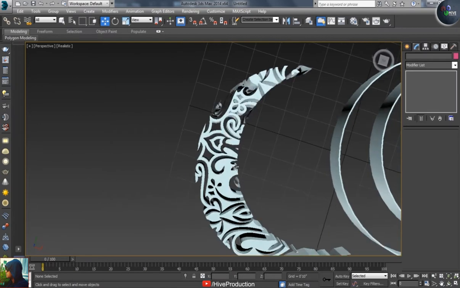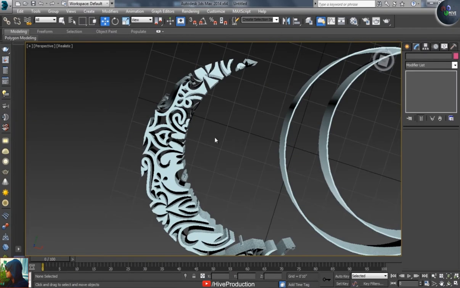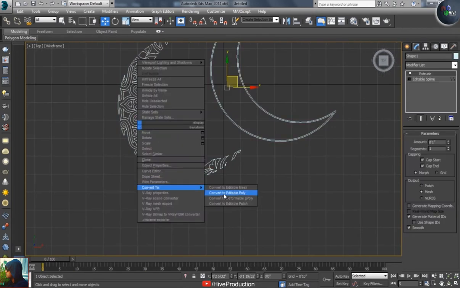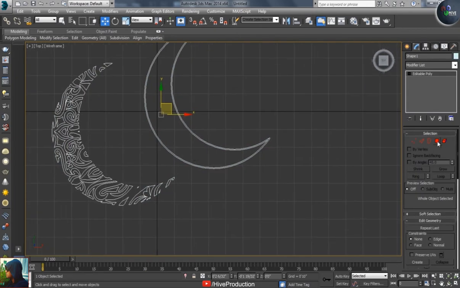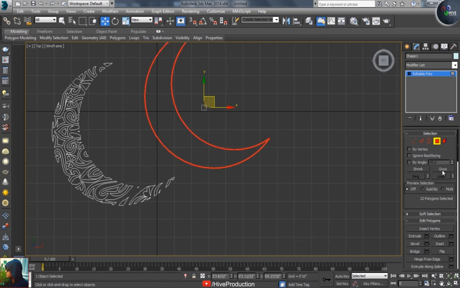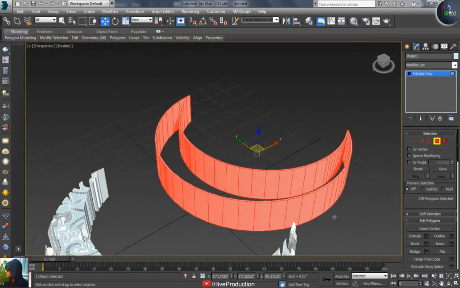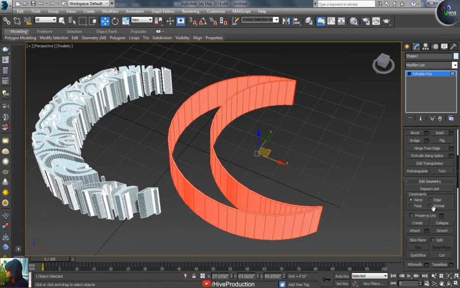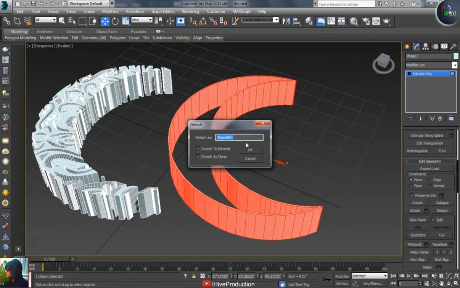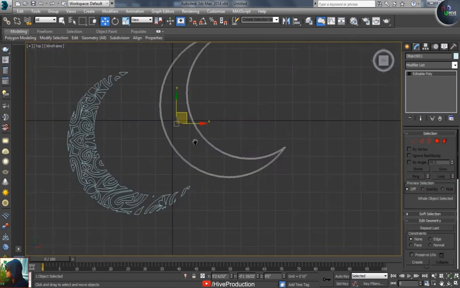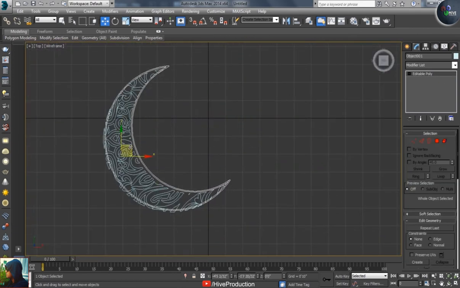I'm just going to see my moon, which is filled, and this time you have to select it and make it an editable poly, and through the poly we need to select the polygons of the borders and grow the selection to select more. And this time I'm just going to detach. Detach means I'm separating the border of the moon, because I will have to deal with this moon separately. You need to place it on the border,